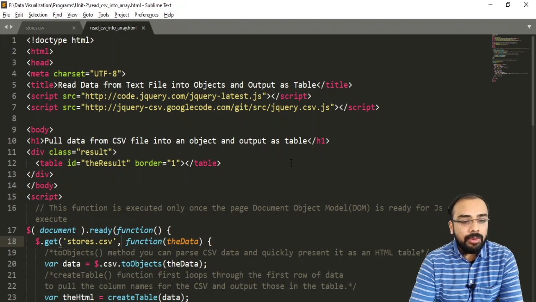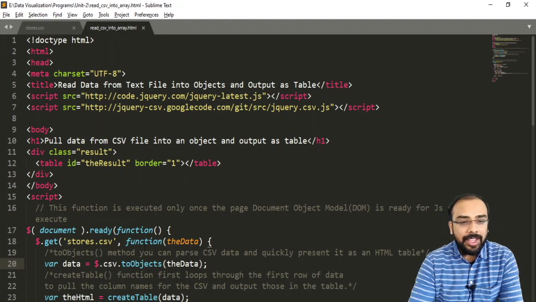Now what we have to do, we have taken this particular file. Now this file may be in the form of lines, so first we need to convert it into an object so that we can easily represent it inside the HTML table. So how can we convert it into a table? For that, first we have to use the toObject method, and inside this we have to take our data.